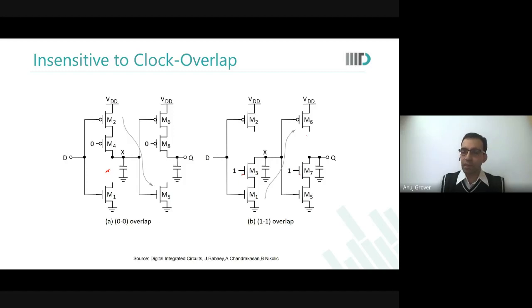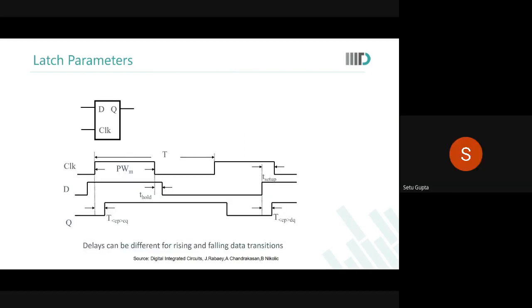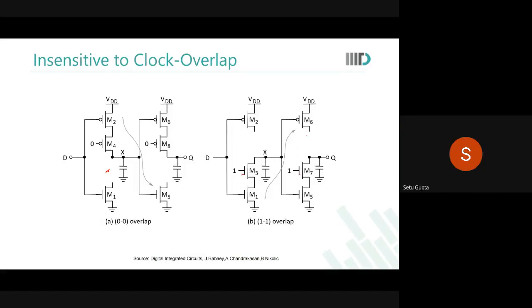Okay, so that is how this C2MOS architecture is insensitive to clock overlaps. Sir, yes, in C2MOS, but now there is this issue. If there is some overlap, the value stored at X would now change, right? And if the value stored at X changes, as soon as the overlap is resolved, my output will then change because this X can now control this M6 and M5.